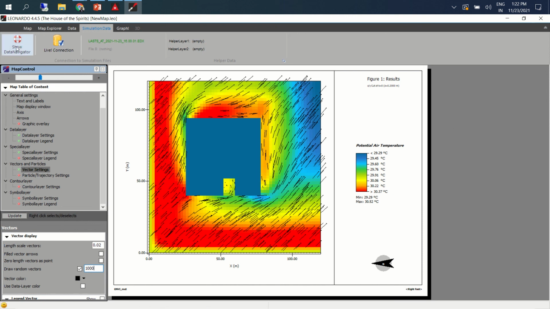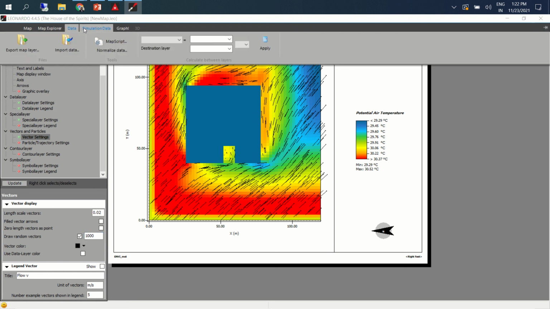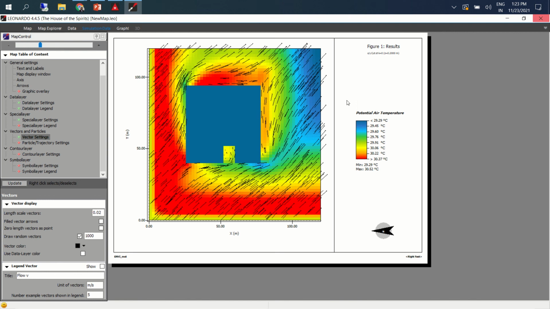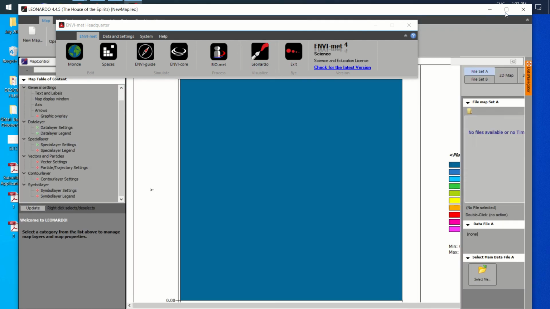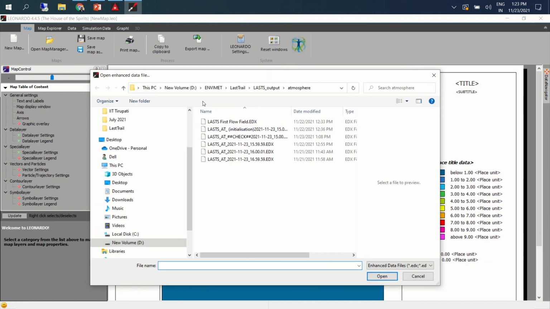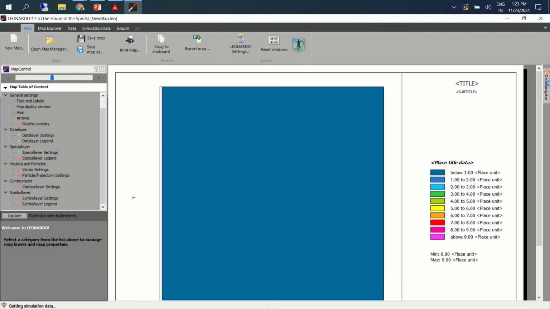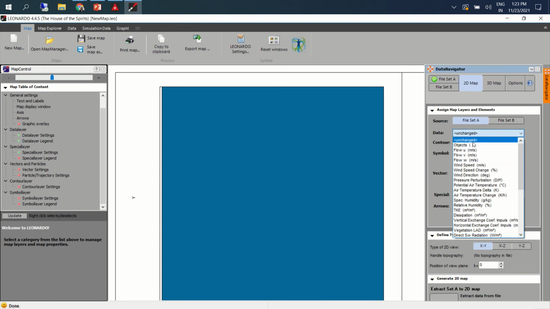Let me close this. I'll go here again: data, navigator, open the file, any one of the data sets.